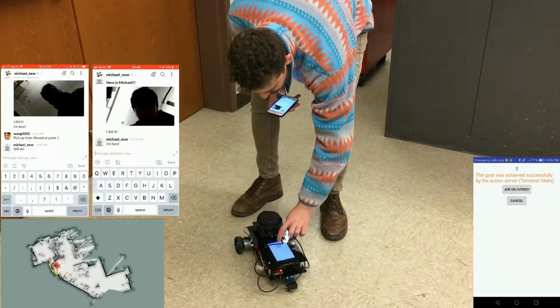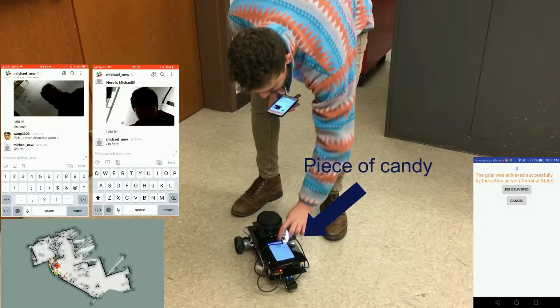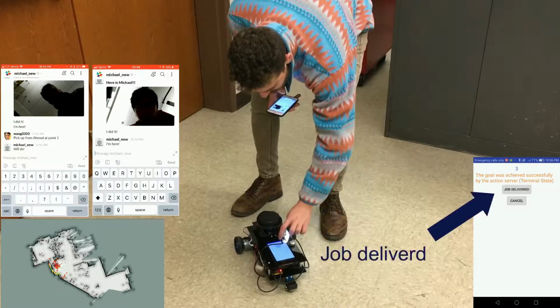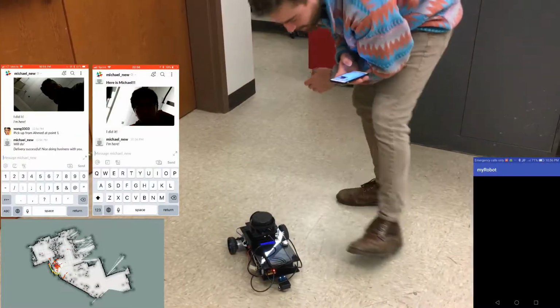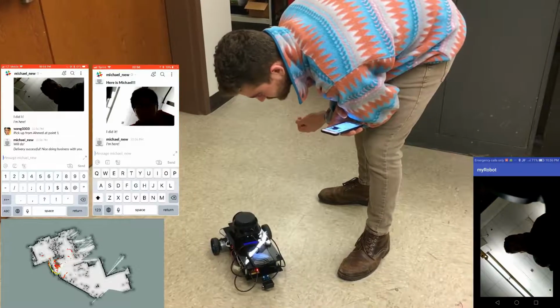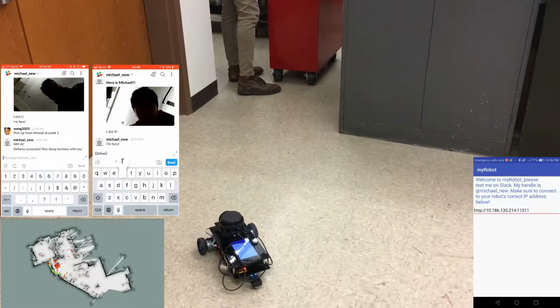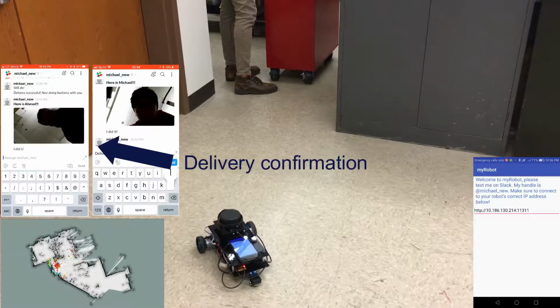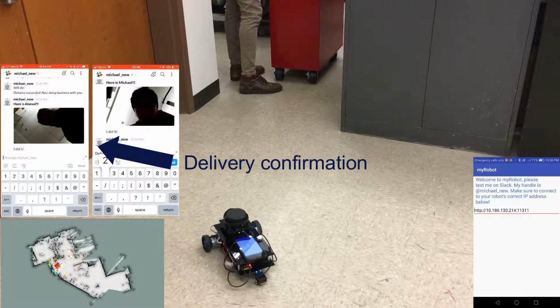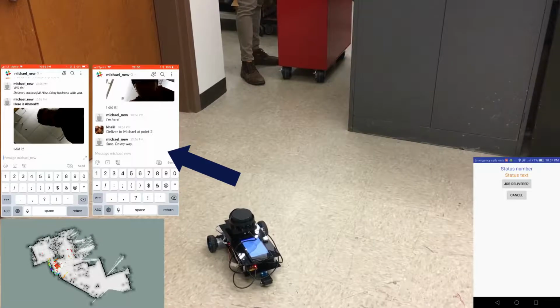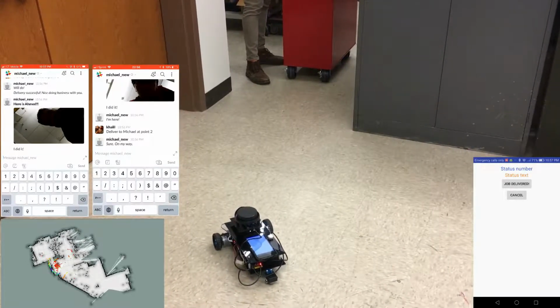The second user can then drop an item on the robot, in this case a small piece of candy, hit the job delivered button on the screen, and wait for his picture to be taken. The robot then sends the image to the first user as confirmation for delivery. The second user will now command the robot to deliver the candy to another location to a certain user, and